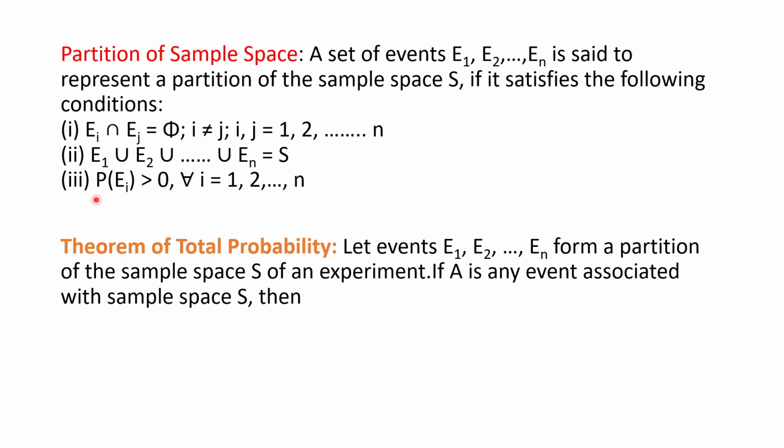Now, one more theorem comes before the Bayes' theorem extension. We have to discuss the theorem of total probability. Just now, let us see. Very easy. Let events E1, E2, ..., En form a partition of the sample space S. From this only it is clear. If A is an event associated with the sample space, just now in the previous example I have shown you, then